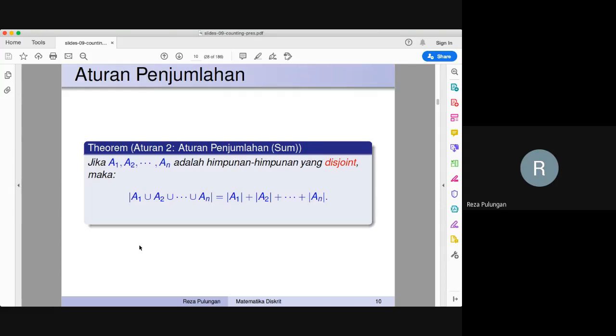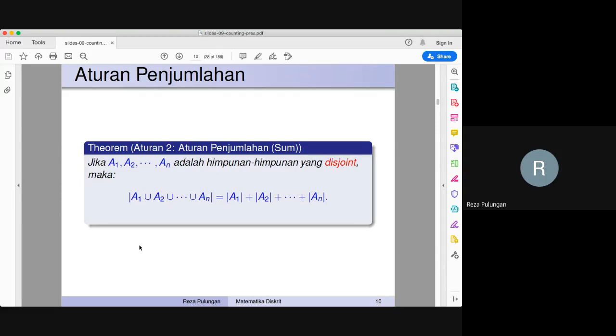What does it mean by disjoint? Disjoint means that any two of them do not have any intersection. Any two of them have no common elements.